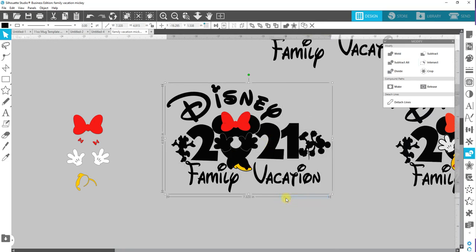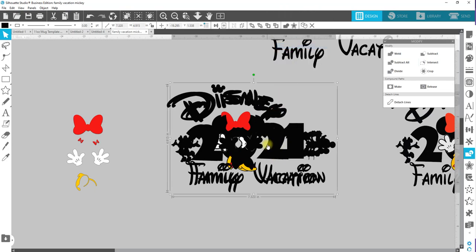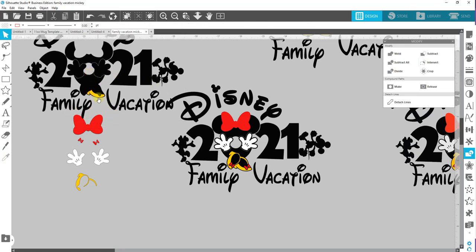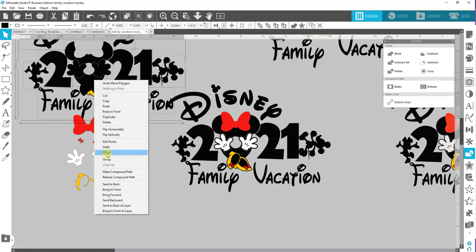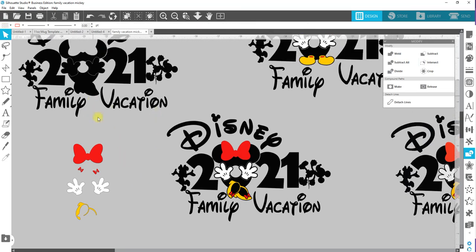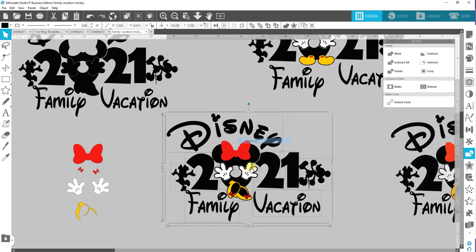We're going to first group that together and send it to the back. Now I can right click and duplicate. Ooh, I left a piece of shoe there, but that's fine. We're going to ungroup. And I held down Shift, clicked on the shoe, group everything else back together, then delete the shoe. So now this is the black cut, this is the red, this is the white, this is, oh, we don't have the rest of the yellow. So let's go over here, ungroup, hold down Shift, click on the bottom of the shoe, group the black, send it to the back,